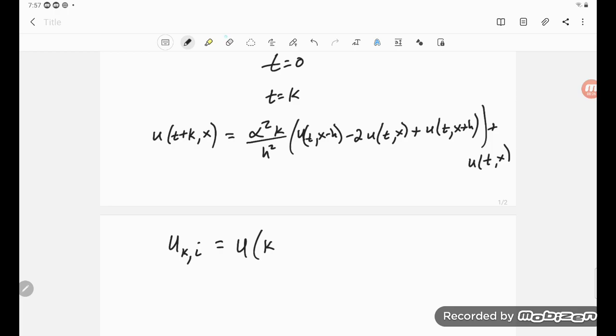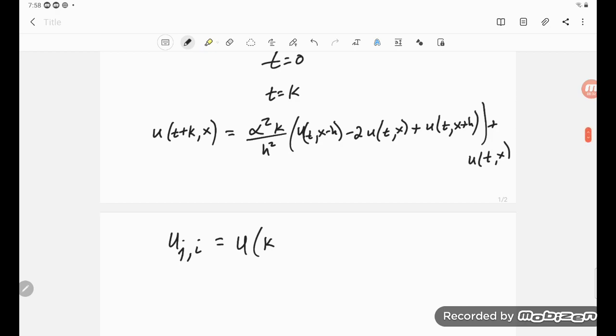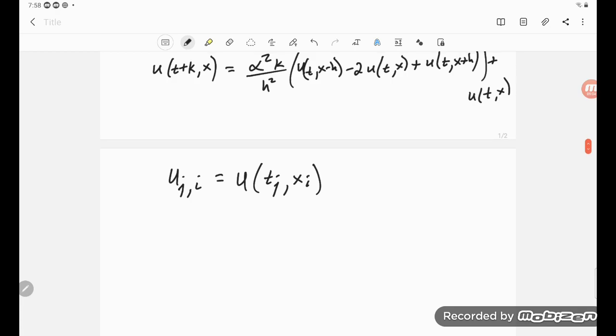Maybe I'll use a j here because we used a k before. So this is t sub j, and x sub i. Okay, so if I use that sort of notation, then what I'm